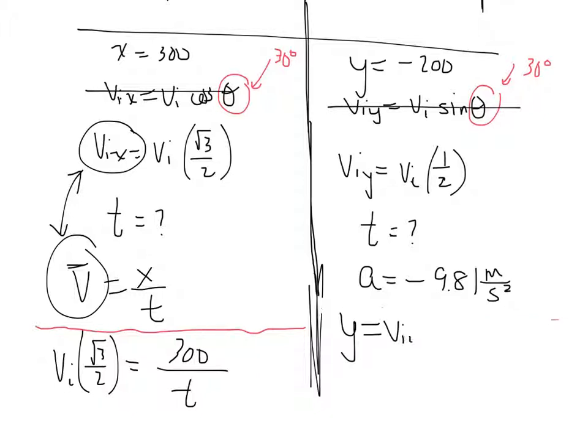Y equals VIY t plus 1/2 a t squared. I'm putting little y subscripts there, just so you know. Okay, those are little subscripts. Y is negative 200 equals VIY, which is 1/2 VI,